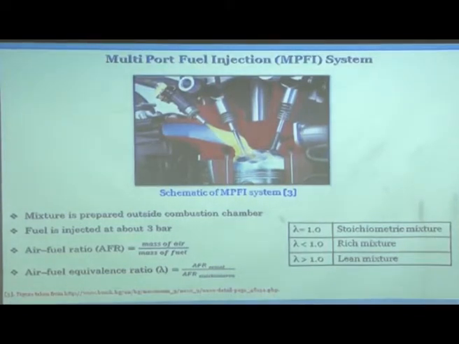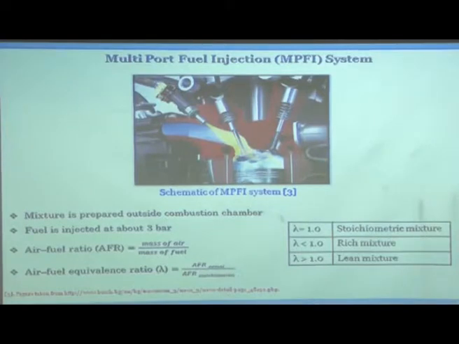So, this is how a port fuel injection works. This is the inlet port, this is the intake valve, this is the exhaust valve. Okay. Here somewhere you have the spark plug. So, when the intake port opens, at that time you inject the fuel. So, fuel air mixture comes in, some fuel in liquid form also comes in, and then you close this, you compress it, and then you apply the spark. This is how a PFI works.